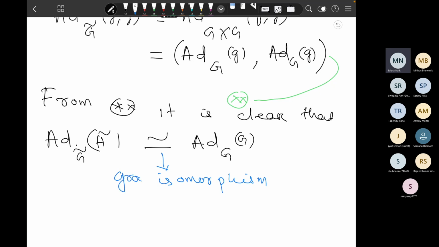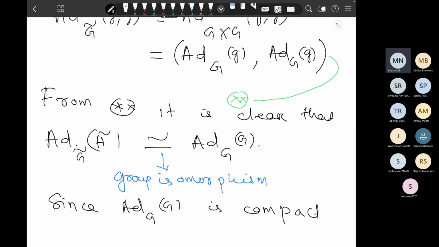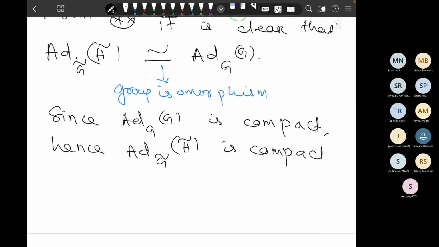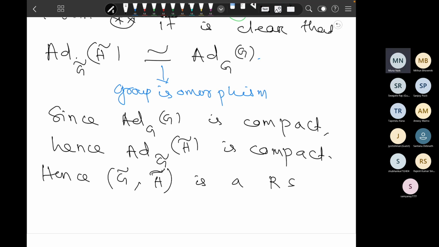Everything is this group isomorphism. Since Aut of G is compact, hence this Aut of G tilde, S tilde is really compact. So therefore, hence G tilde, S tilde is a Riemannian symmetric